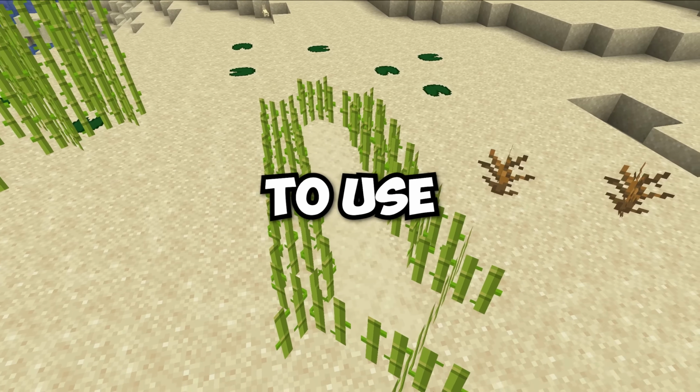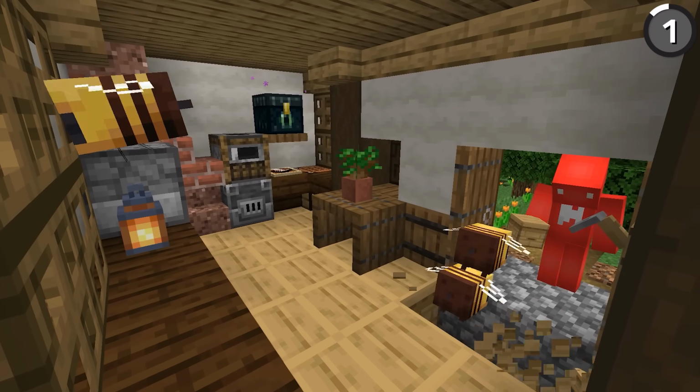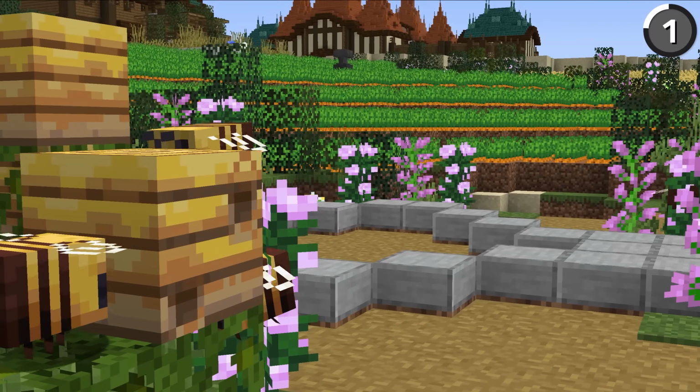This is every build hack to use to upgrade your Minecraft world. Don't just place your beehives inside of a glass dome. I know it makes it easier to farm them, but this example's still easy to farm, and it looks a